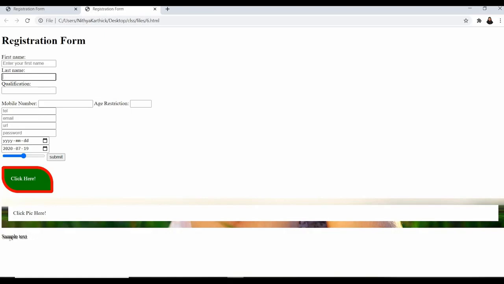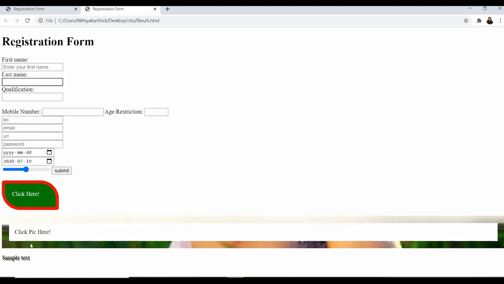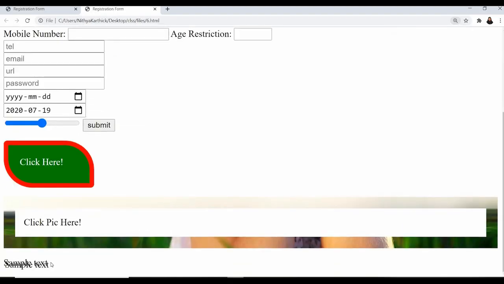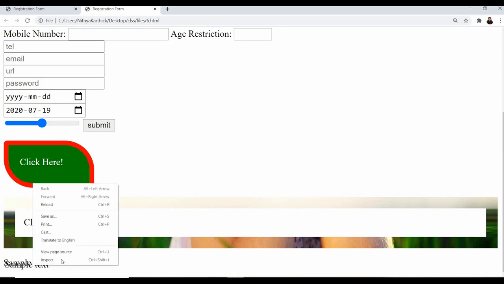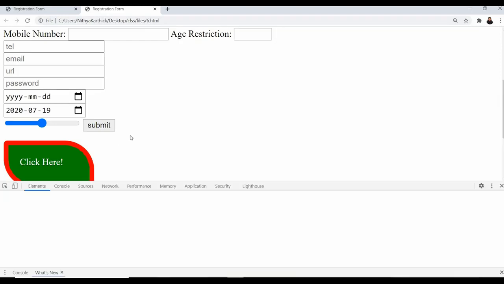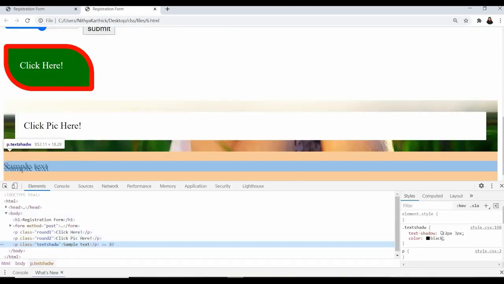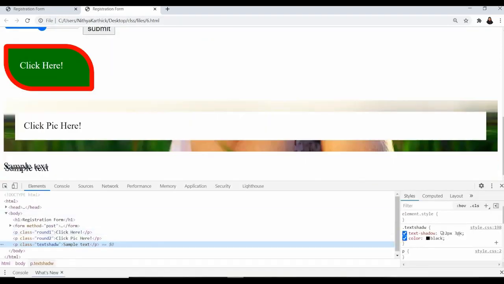Yes, now we can notice the shadow. So if you want to give the shadow in a different color, you can also give that. Just inspect. See, I can reduce.